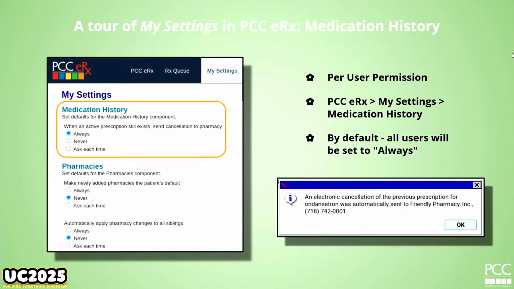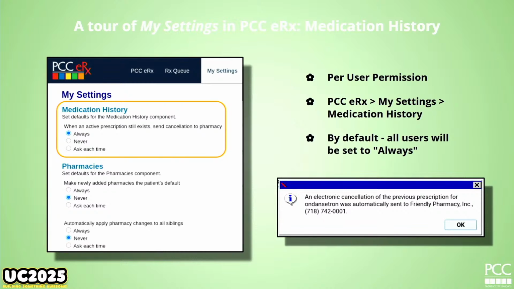First up is medication history, having to do with canceling at the pharmacy. When I talked about that example of 30 days with 5 refills, it's good for half a year, and you really do truly probably want those refills to go away if you've canceled that medication. So sending that cancellation message does make sense, but sometimes it's an oopsie, or sometimes it's my own business, I'm just cleaning up the chart. You don't have to tell anybody about this stuff. By default, unless you've changed this in your My Settings, it will always send that cancellation message.